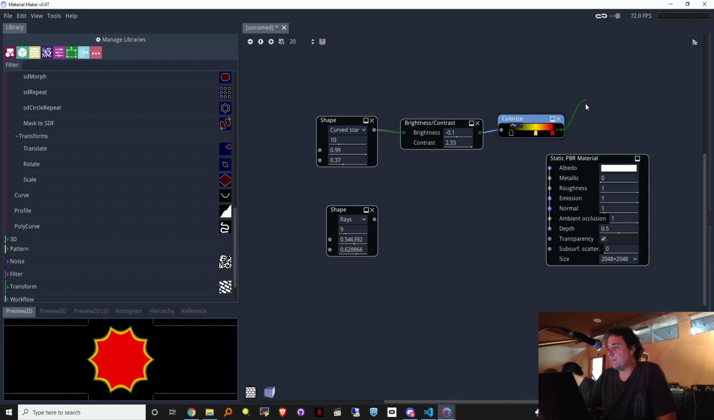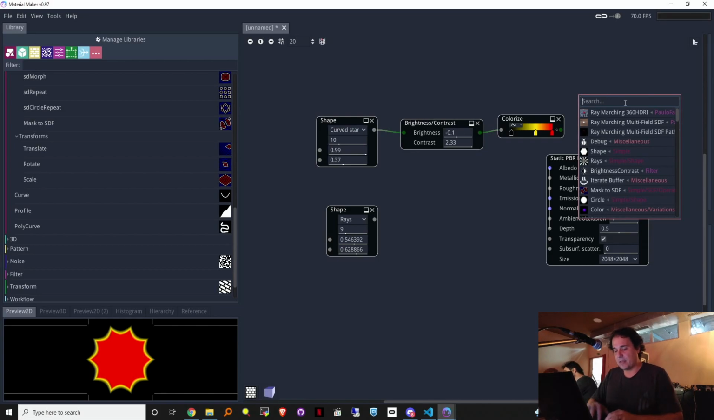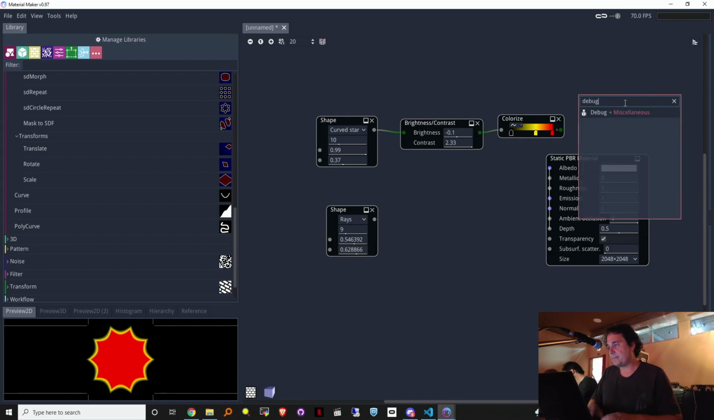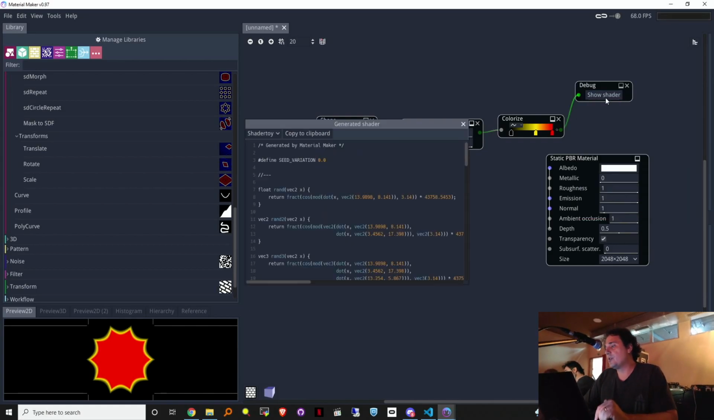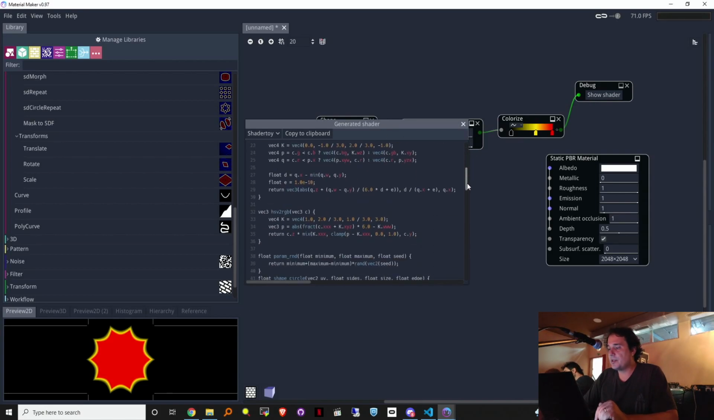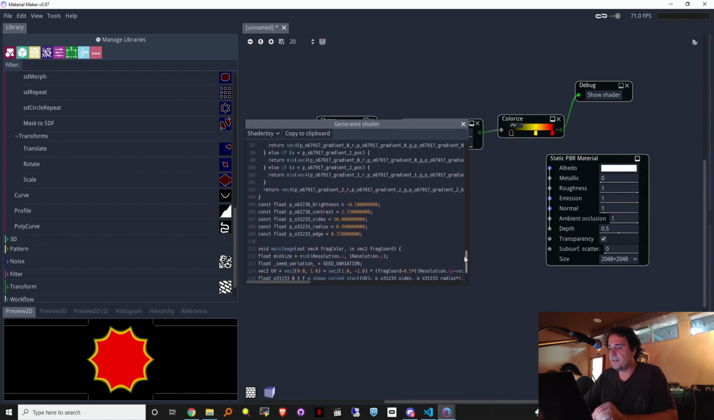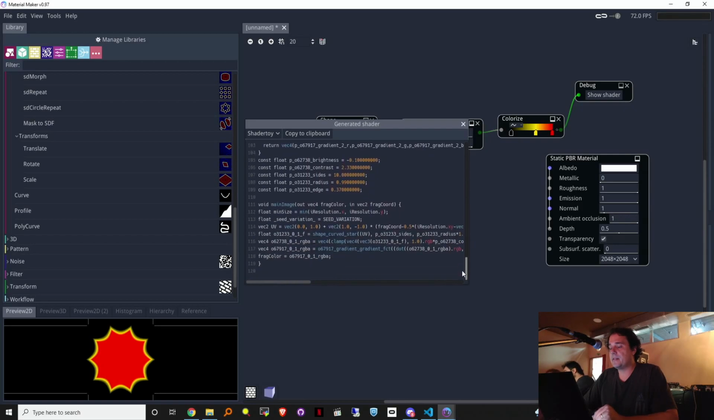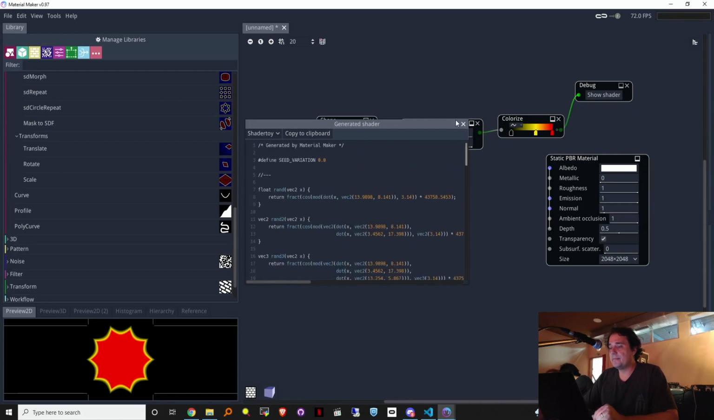So I can, like I said before, drag here, add the node debug, click show shader, and this is the generated shader. Okay? It's more or less understandable. You can copy this shader,